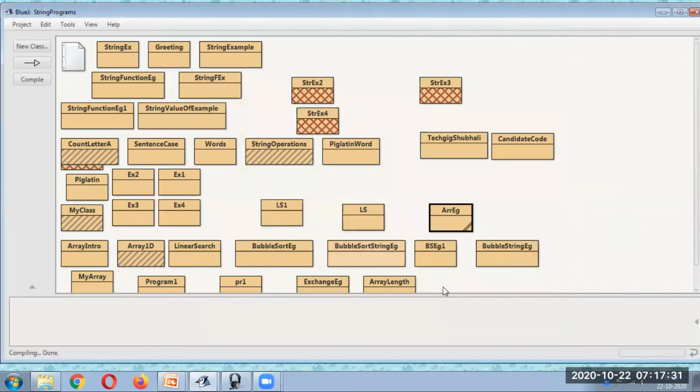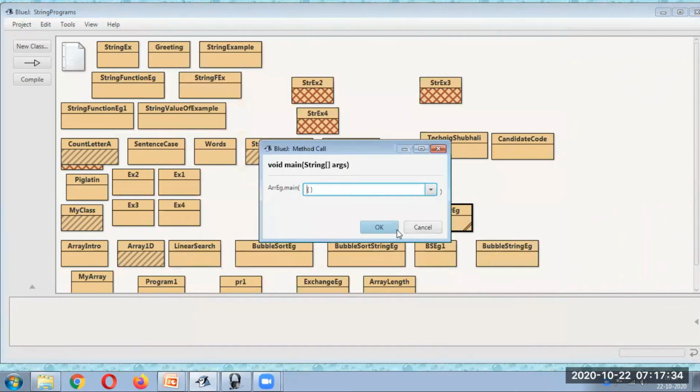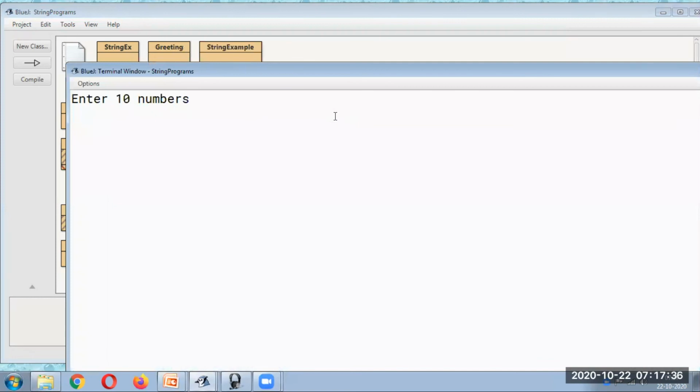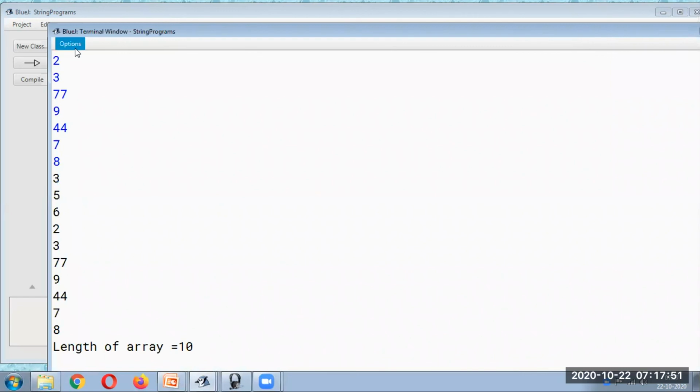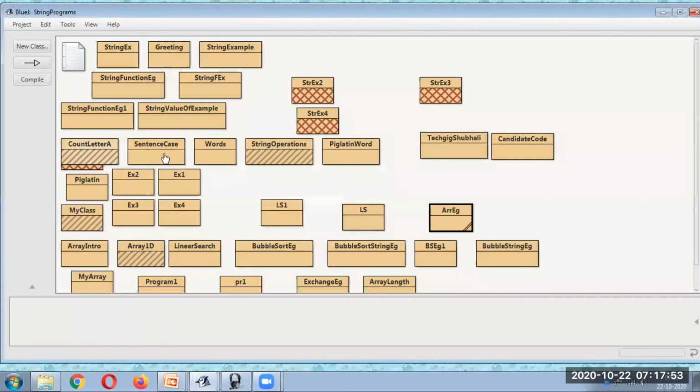You will get the length also at the end. Since I kept 10 elements, you can see it down. Length of the array is 10. I hope it is clear.